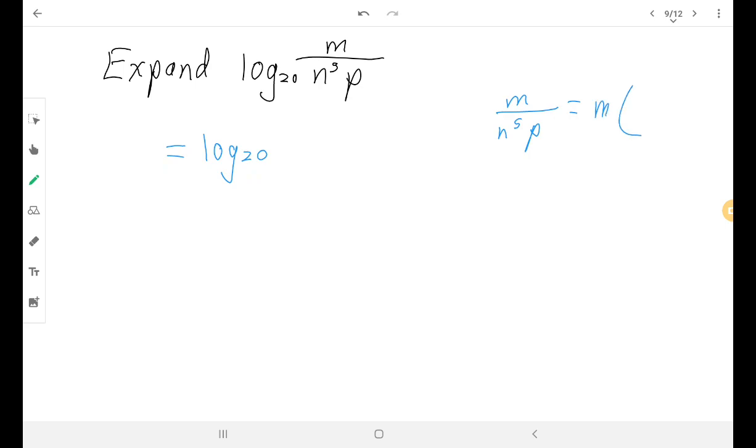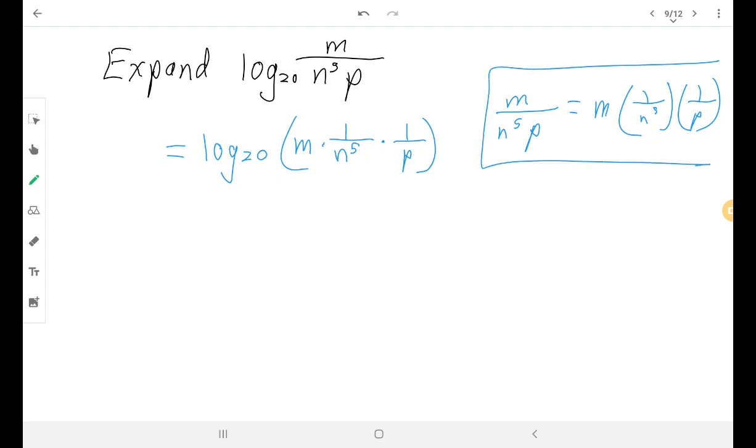It's m times 1 over n to the 5th times 1 over p. That's like expanding it out quite a ways. And so that's how I want to look at it here, as m times 1 over n to the 5th times 1 over p. Okay? So that's some side work there. And then all these multiplications expand into addition. So this is log base 20 of m plus log base 20 of 1 over n to